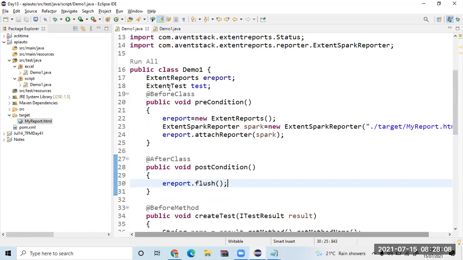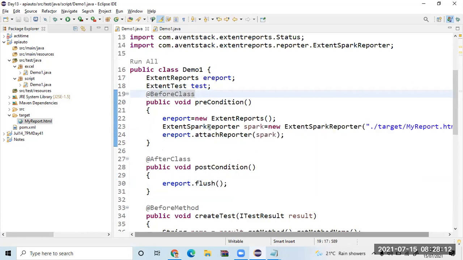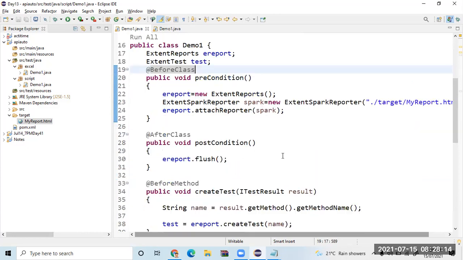In which order you call it depends on whether you use TestNG, JUnit or something. If you are not using any of them, you have to explicitly write your own program. But in most cases, we use some reporting or unit testing framework, either TestNG or JUnit or whatever it is, we use it.